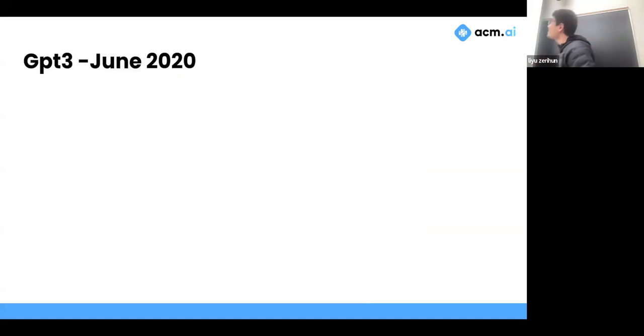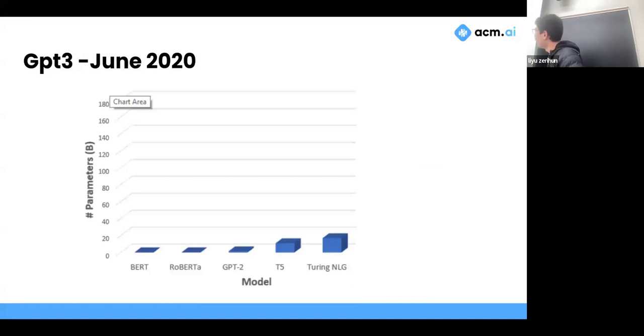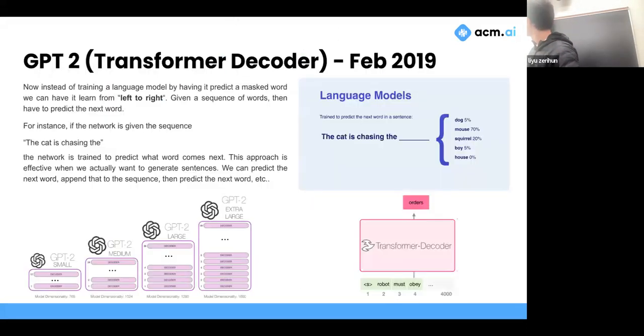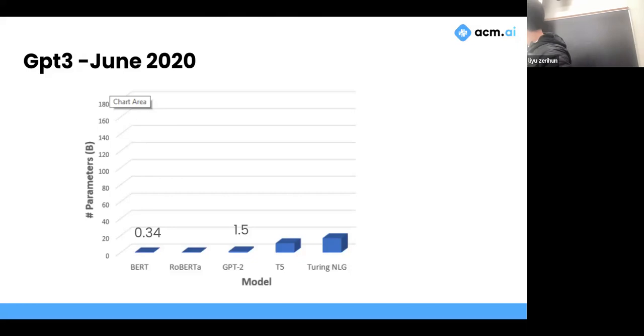So here comes GPT-3. This is June 2020. Just a little reference. This is our BERT. When we say BERT, this is 340 million parameters. That's what BERT is right here. This is what is employed in Google search that we talked about, used for all those cool things, embeddings. This is an encoder. GPT-2, which came out in 2019, is 1.5 billion parameters. Crazy, 2019. Oh my gosh, that's crazy. Who's going to build anything bigger?